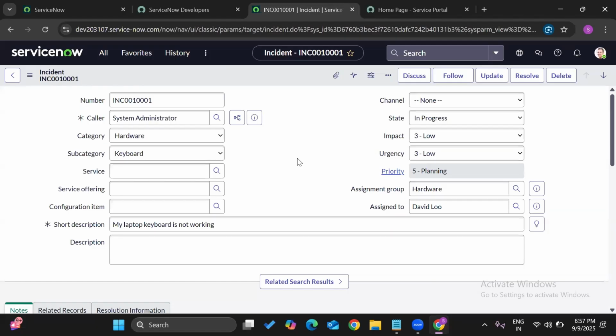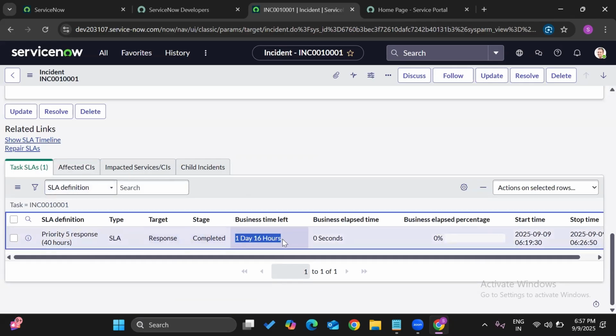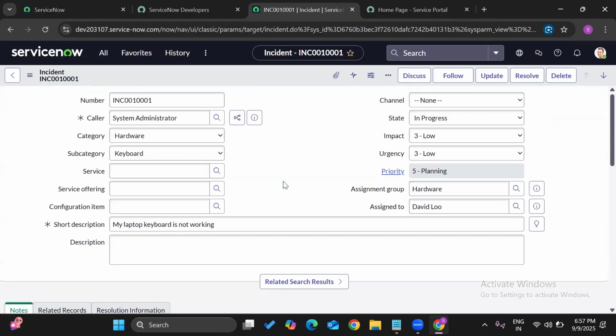Once it is assigned to the respective member of the group, this person is responsible. He will get a communication: one ticket has been assigned to you, which means he has to work on the ticket. Once it is assigned, the timer will start at the bottom. You can see the task SLA, with some time, 1 day 16 hours. Within this time, this user needs to resolve the ticket. Understand? So now he is responsible for resolving the ticket. Maybe he can go for, okay, caller is a